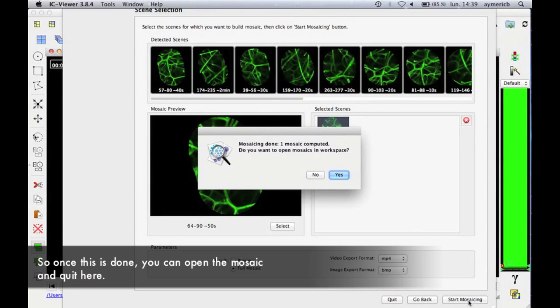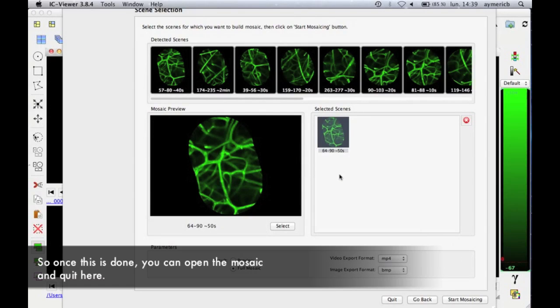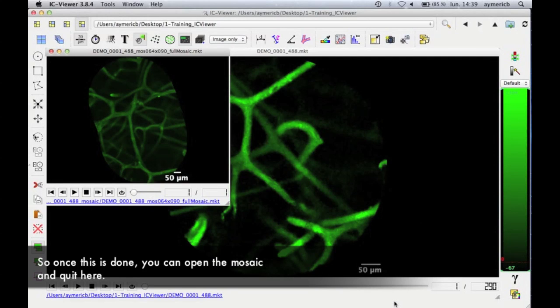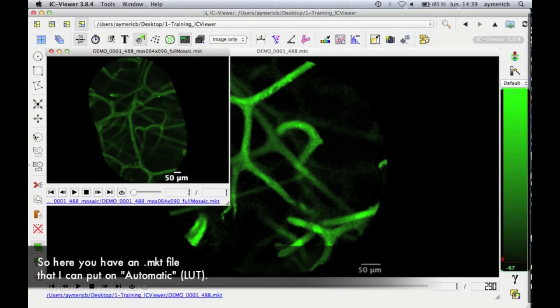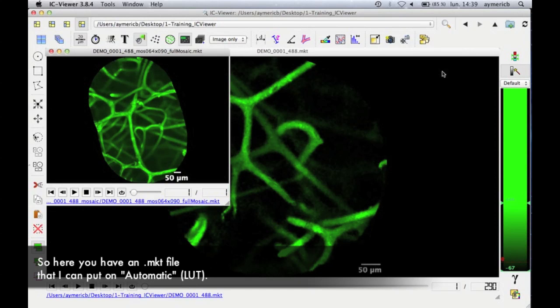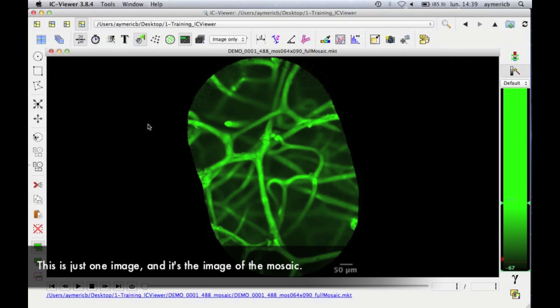So once this is done, you can open the mosaic and quit here. So here you have an MKT file that I can put on automatic. So this is just one image, and it's the image of the mosaic. So you see a bigger field of